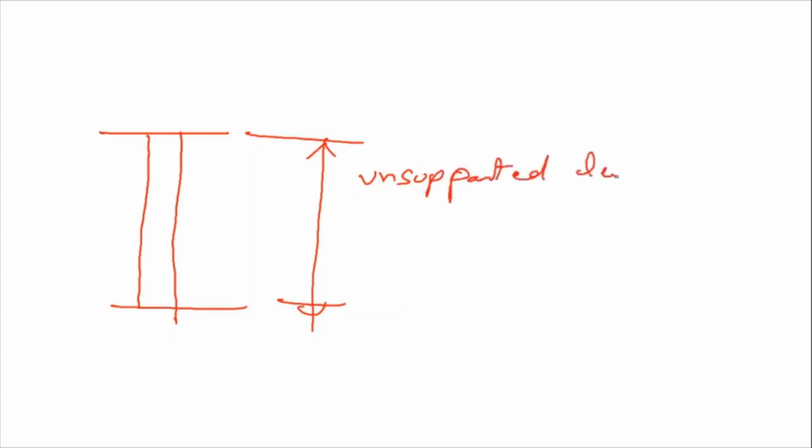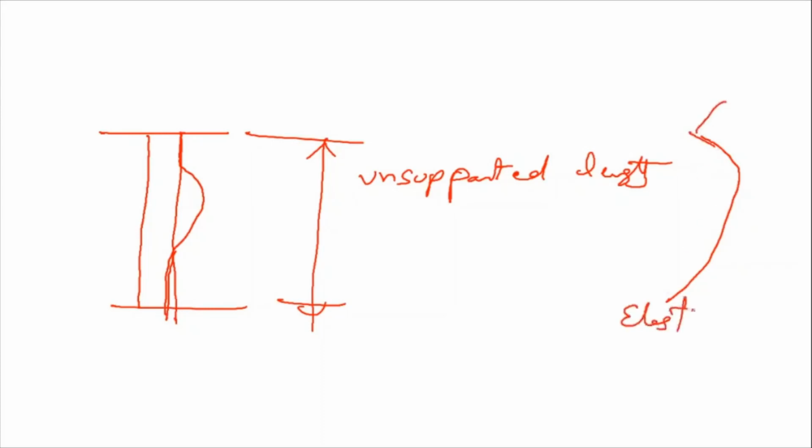Then what is effective length? Suppose this column is subjected to buckling, or else the column is subjected to bending, let us say. When the column is subjected to bending, its elastic curve may be like this, and this depends purely